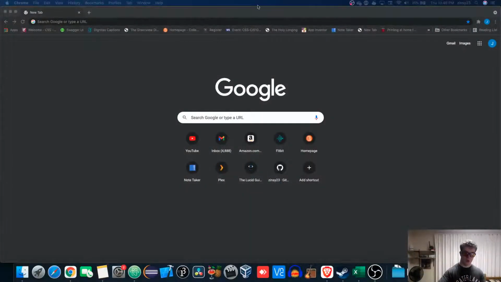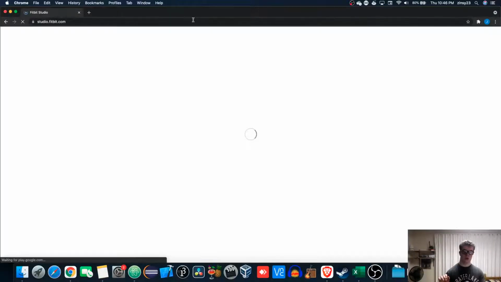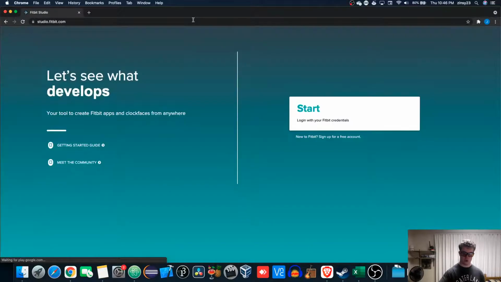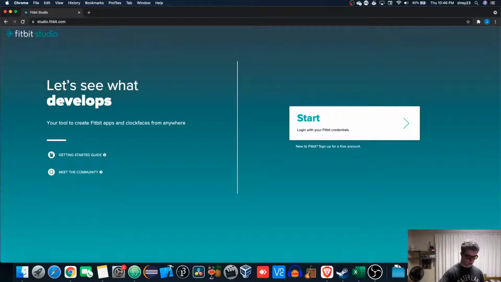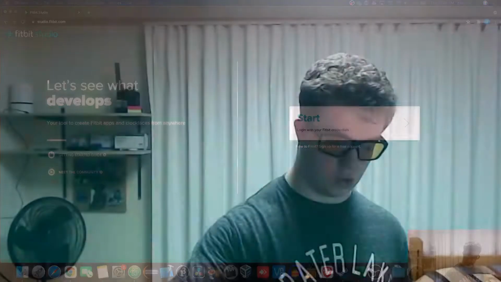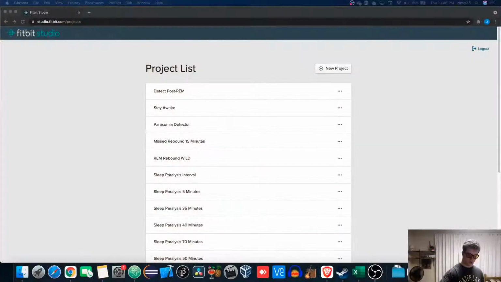So that's my shortcut for Fitbit Studio. Oh, and I may not want to show my email. I'm not even sure, so I'm just going to play it safe. So, essentially,